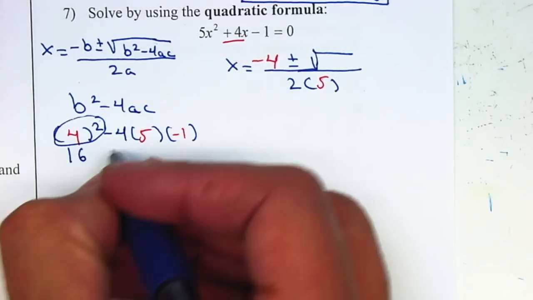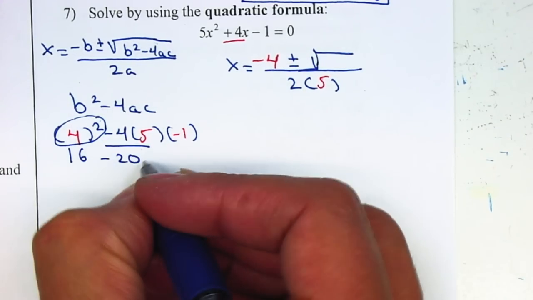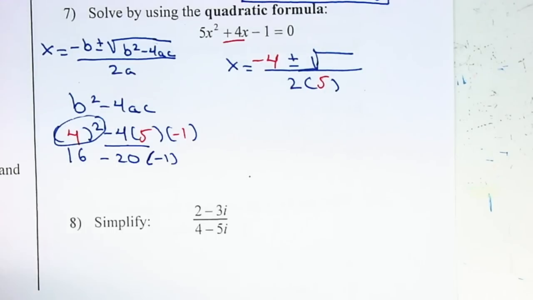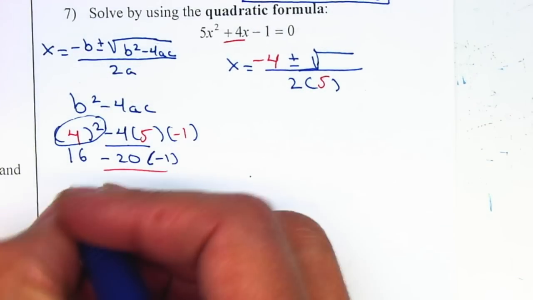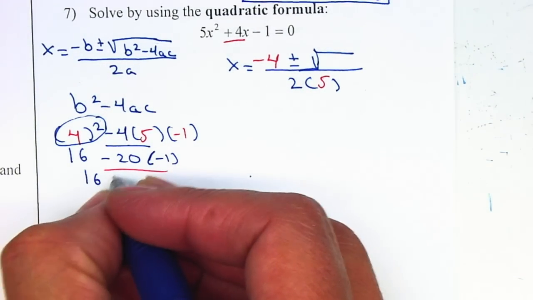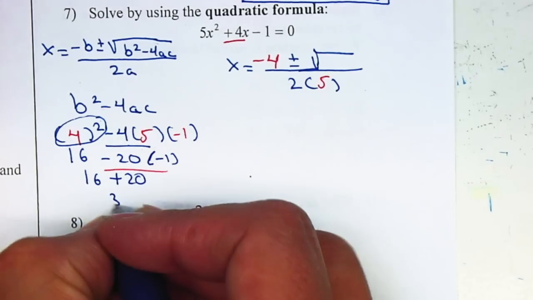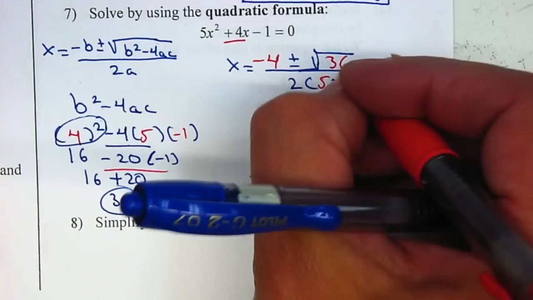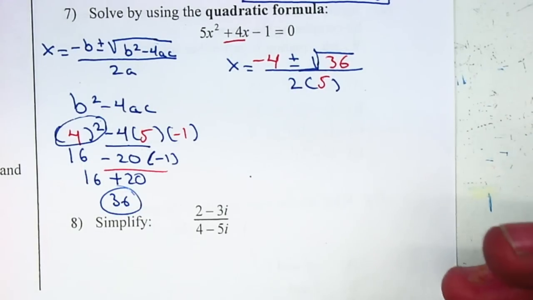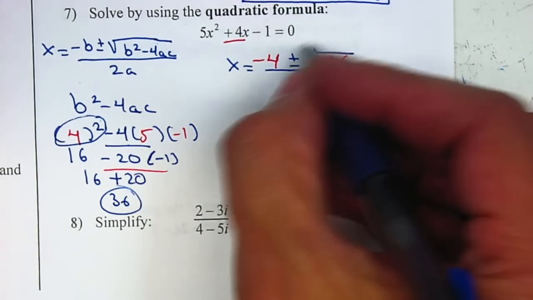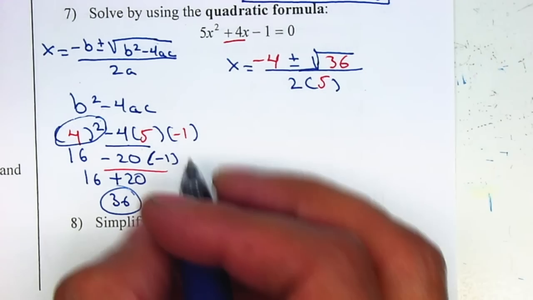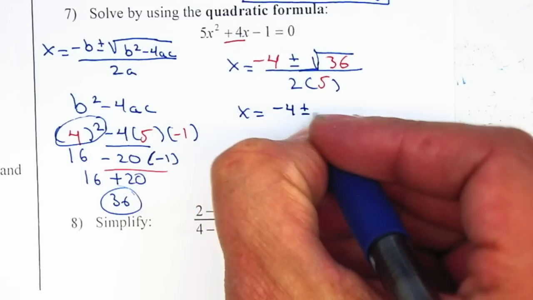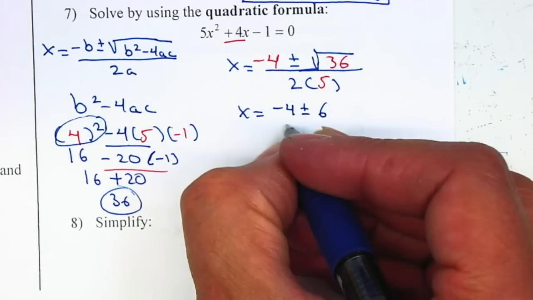Exponent, that'll be 16 minus 20 multiplied by negative 1. Remember, they're multiplying. That gives me 16. That gives me positive 20. So that's 36. The discriminant is 36. The discriminant goes inside the radical. From here, I'm going to simplify. I know that the square root of 36 is 6. So we have x is equal to negative 4 plus or minus the square root of 36, which is 6, all over